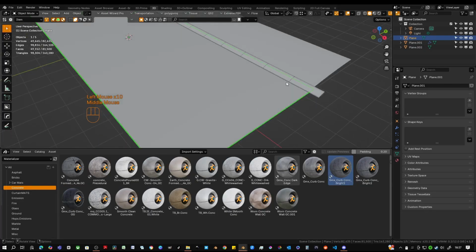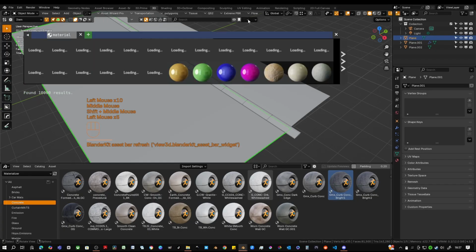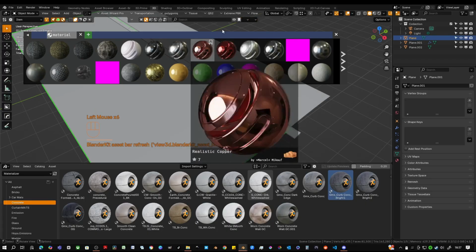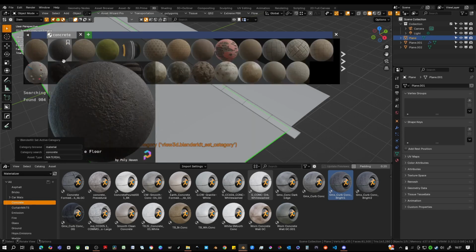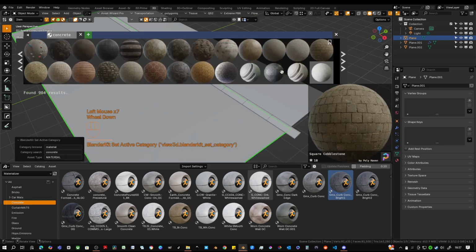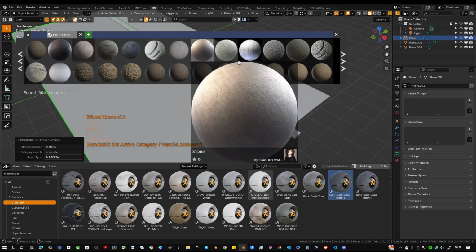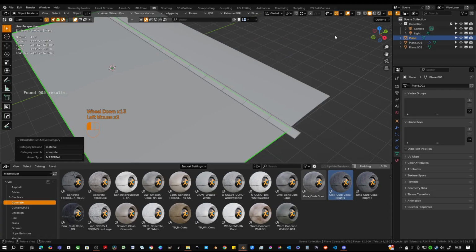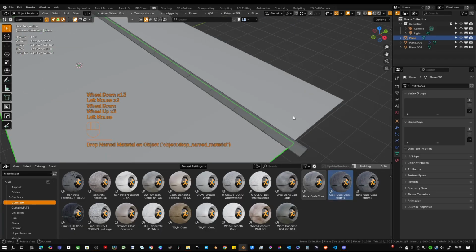curb concrete material that I saved from, normally I find them from BlenderKit. I found them in here. So if you can just search in here, concrete, here you're gonna find a lot of materials. So I just picked one of them here, and then I saved it onto my computer. So yeah, I'm just gonna drag it, put it on the curb,